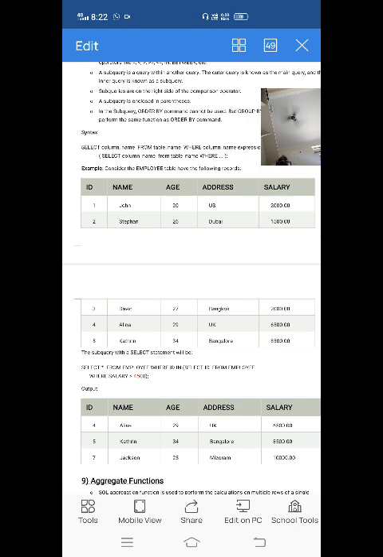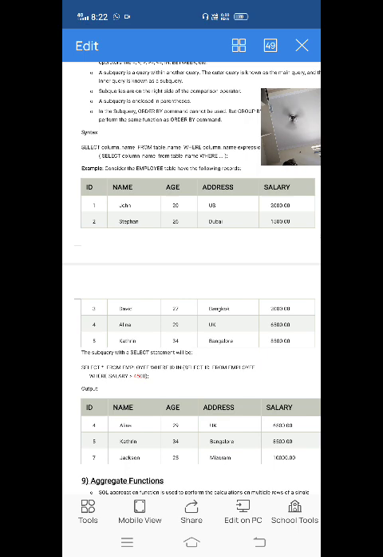Finally, I will repeat what the use of subqueries is: you can write more than one query, and write conditions with different tables.